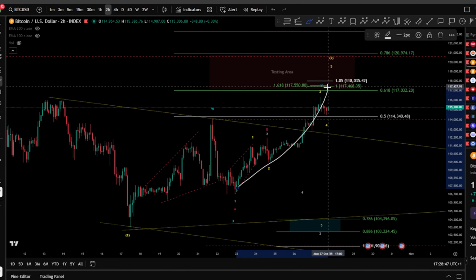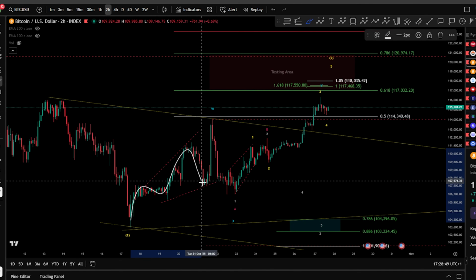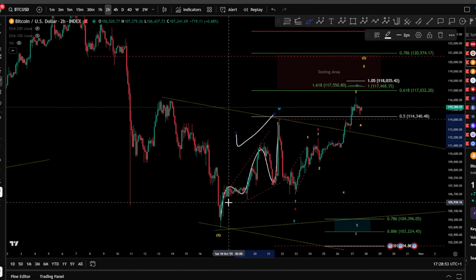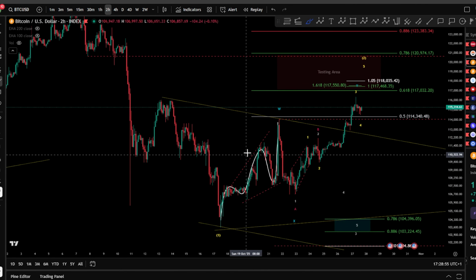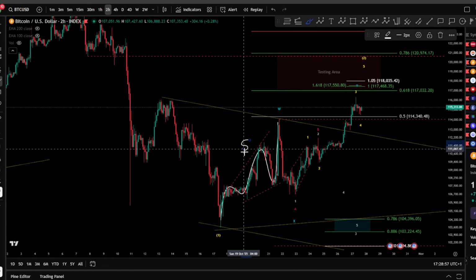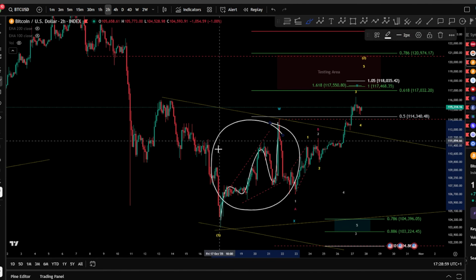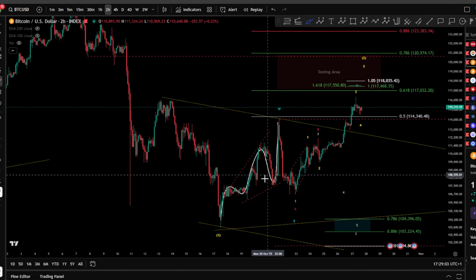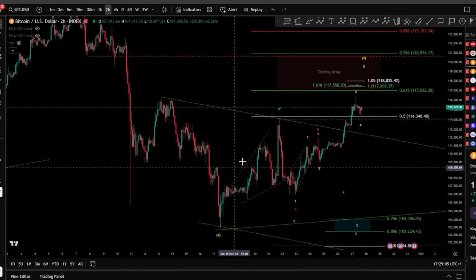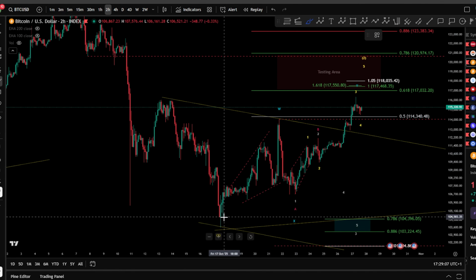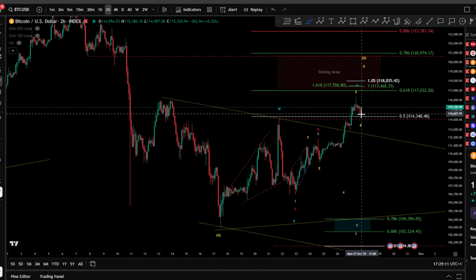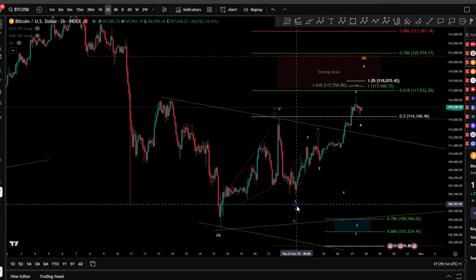Even if it is an impulse, don't forget that this is still a question mark if it is a real expanding diagonal as a wave 1, because the percentage here is very, very low, 5% to be really in an expanding diagonal wave 1, 2 here. It might be much more likely a WXY internally, which might transform into an ABC here in case that we get the wave C as